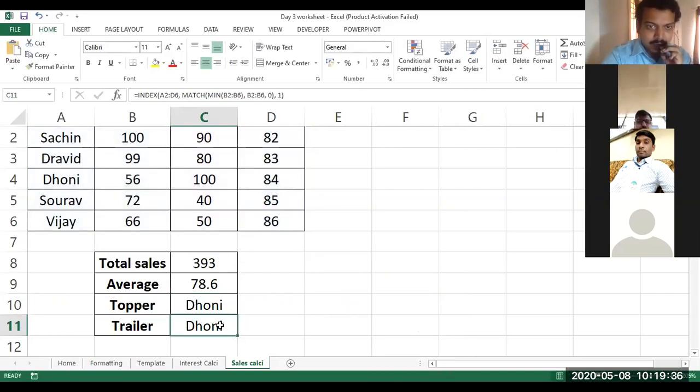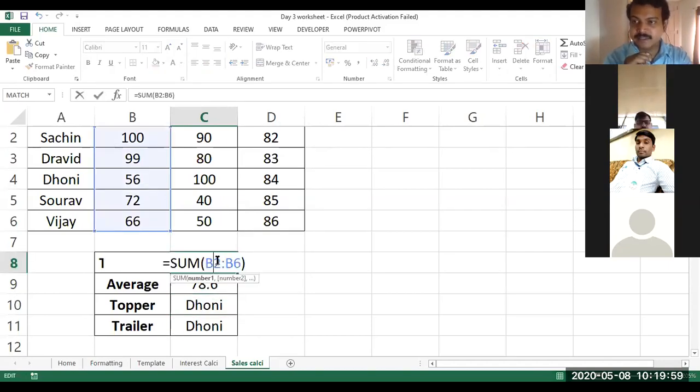When I press OK, here the topper is Dhoni. The second product, the topper is Dhoni. So the same thing I need to change: only the column I need to change for the next product. We are going to record this with the help of a macro. So three macros we need to record. Every time, we need to change only the cell ranges. Even for total sales, we need to change the cell range. So we are not going to make changes to the formula. We will do the recording three times for the different operations separately, so that we'll have three macros, and then we can assign them to the buttons.